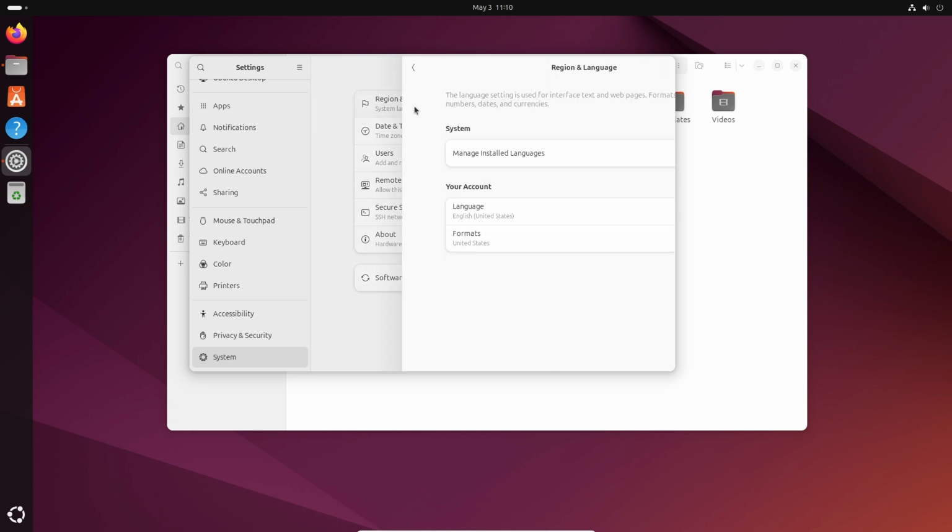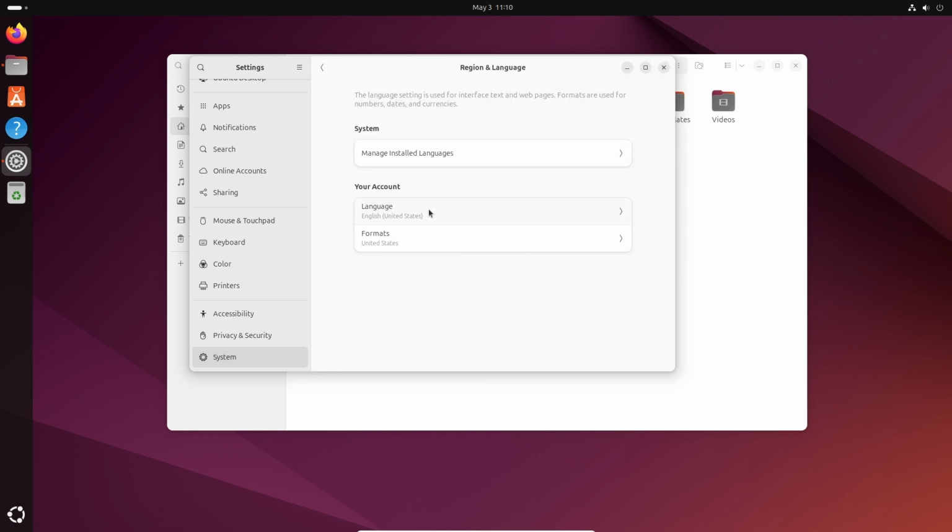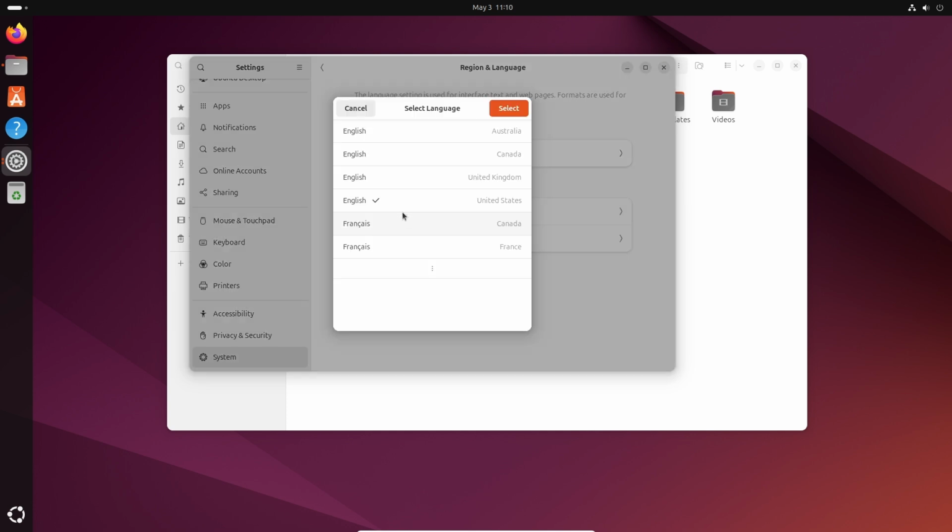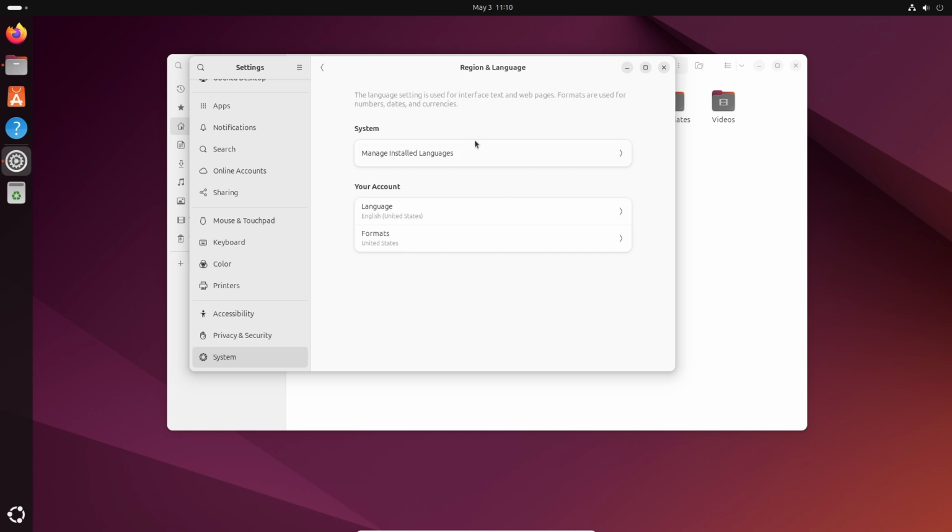Click that, and here we will have the Language option. In my case, I only have a few languages. I don't have all the languages over here. So for this, what you can do is we have Manage Installed Languages. Select this,